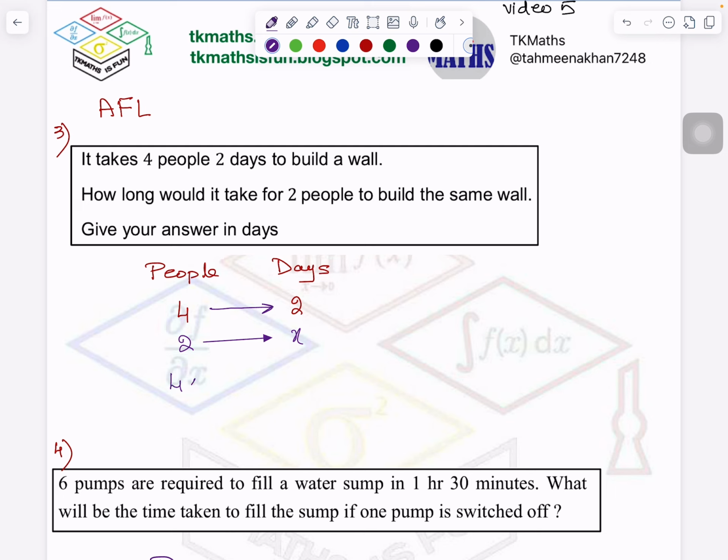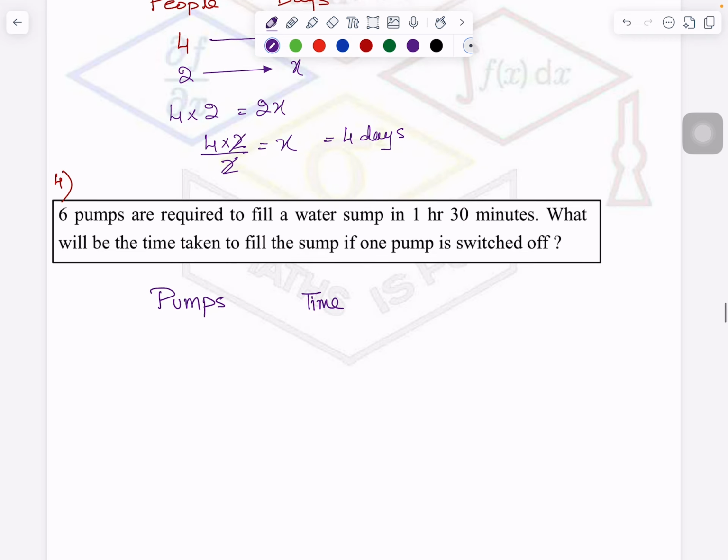So 4 times 2 is equal to 2 times x. So 4 2s are 8, or you can write it separately, your choice. So it will be 4 days. So they will take 4 days to complete the same wall. In this case,